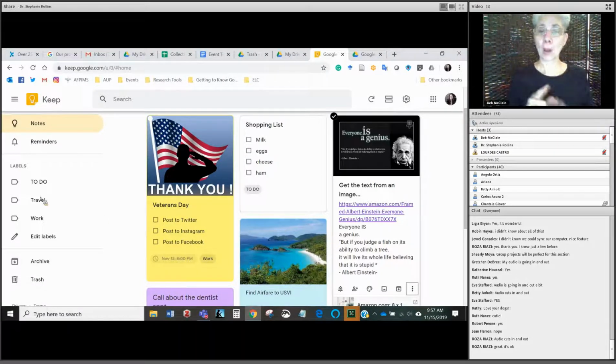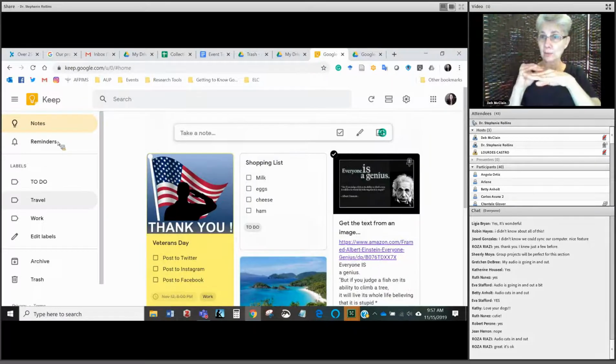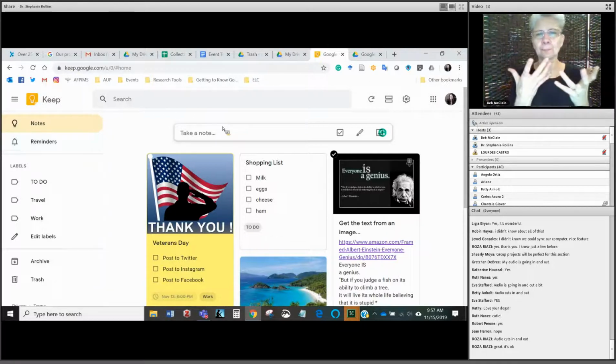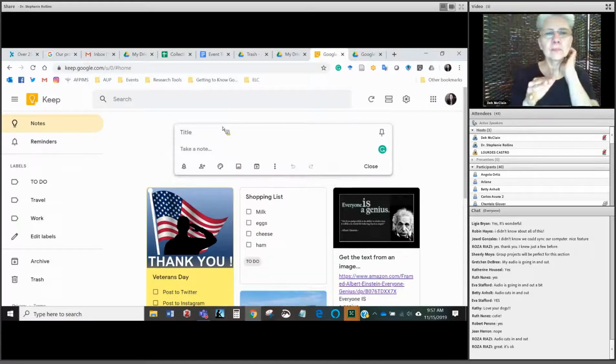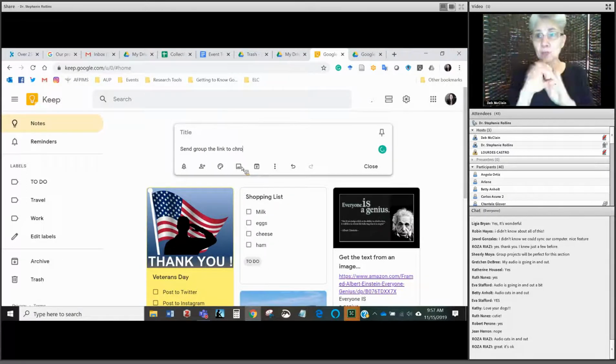I don't have a ton in here, so it wouldn't be that hard for it to find it, but you can. So I want to show you real quickly how to add a new note, okay? You can also do reminders, and the reminders will integrate with your Google Calendar if you have one, which is really neat. So let me do a new note. So I'm going to say